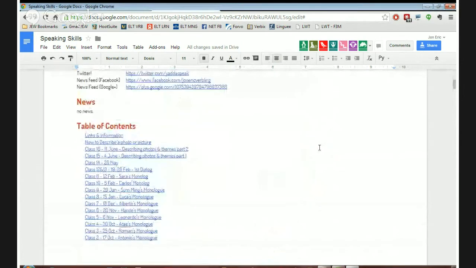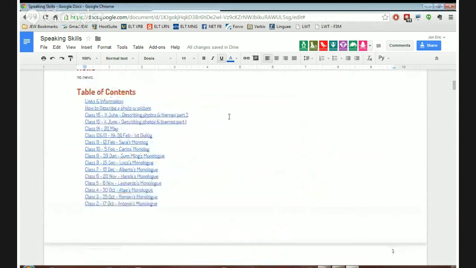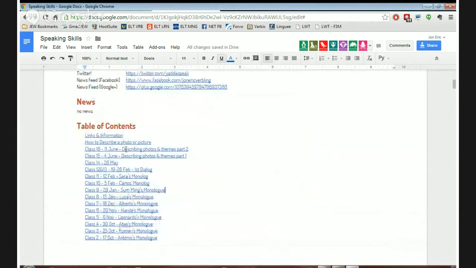Then here, you've got the table of contents on the second page for all of the classes. Where's my table of contents? Updated. Well, I don't know why it's not updating. For some reason, the table of contents is not working. Well, the new class isn't there, so you have to click on class 16 and then you'll be able to